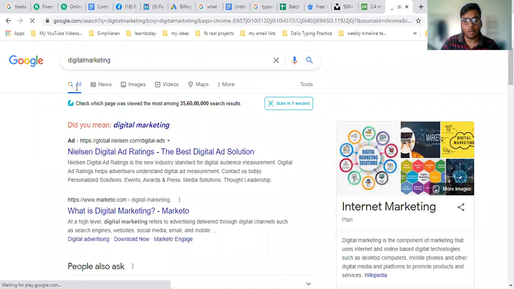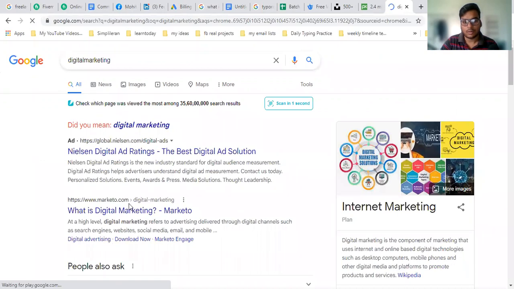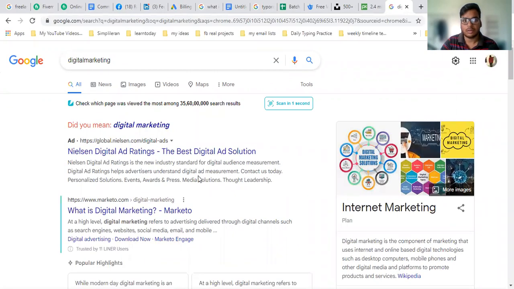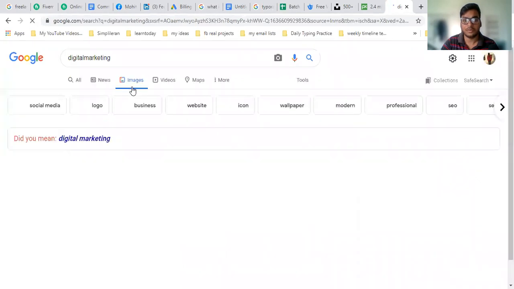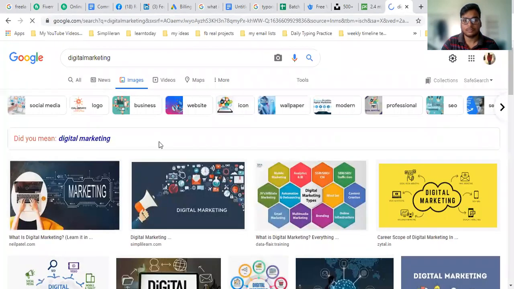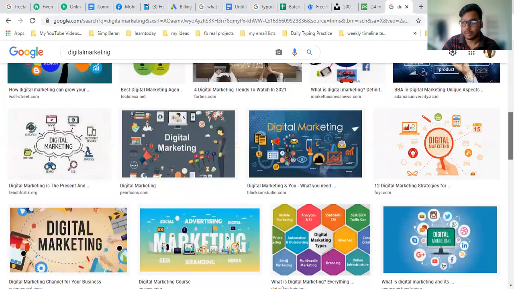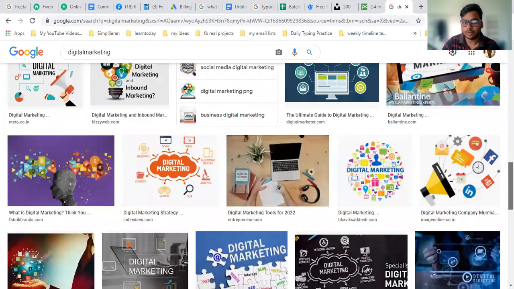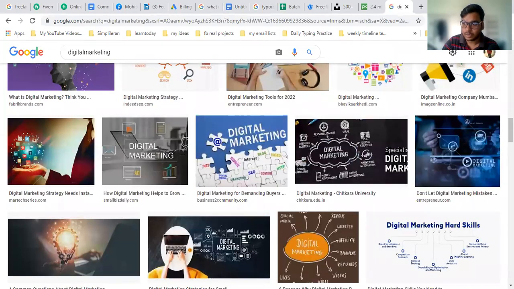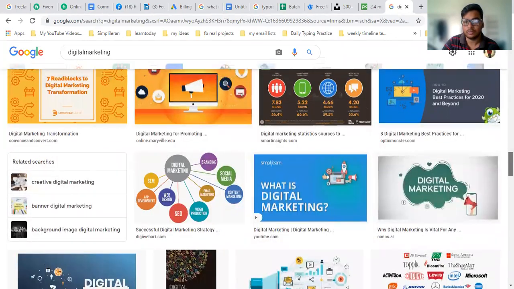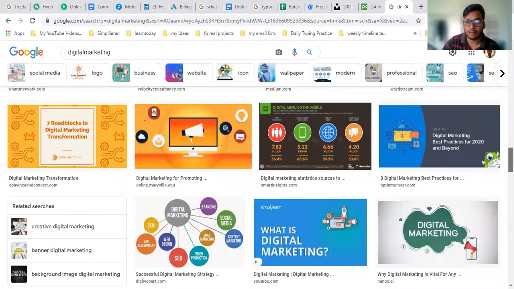So here there are blogs and news and videos, and there is an image section. You need to go to the image section, and after going to the image section you cannot use all the images you see here, because some images are paid and some have copyright issues.